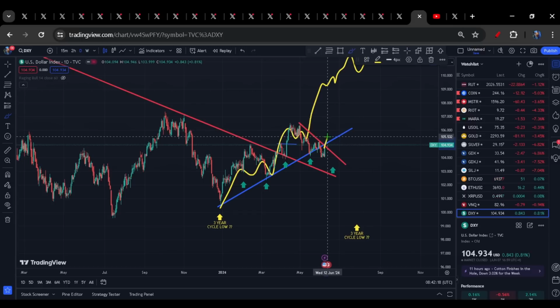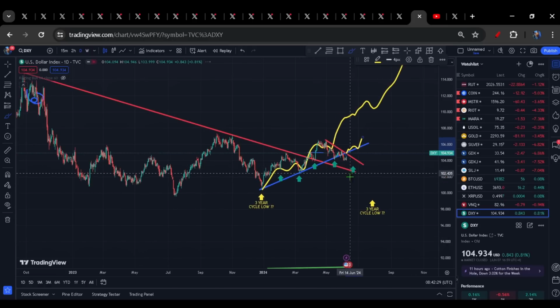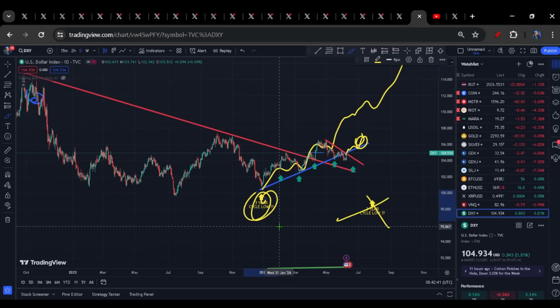If we continue higher, recover this support, something like this, okay, then we can say, fine, dollar is strong relative to the other currencies in the basket, probably still got this whole dollar milkshake idea going on. And if this is to happen by the time we get here, the idea that this 3-year cycle low is coming soon seems kind of silly to me. To me, if this is to play out, then we can say with a very high degree of confidence that is the 3-year cycle low, and therefore we are continuing to look for this whole dollar milkshake idea, for this deflationary bust via a bid dollar and a perceived short-term flight to safety as people sell risk assets and move into the dollar.